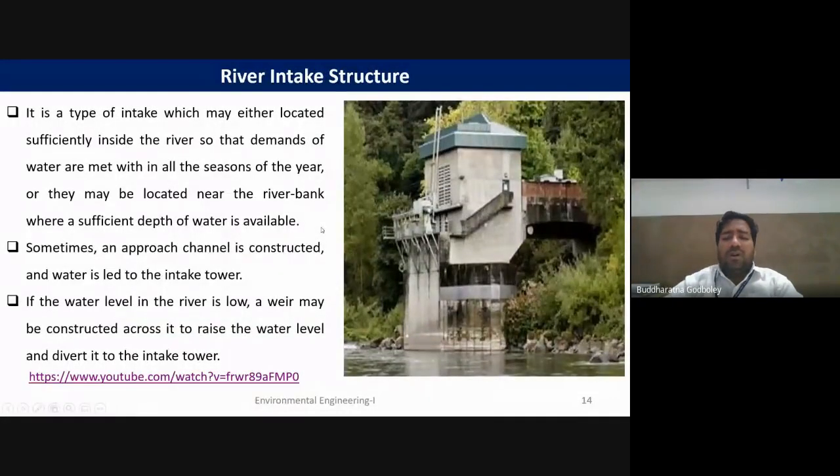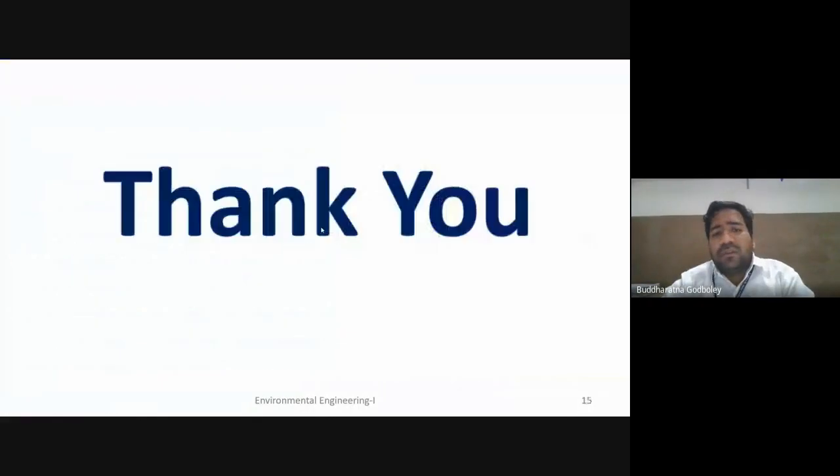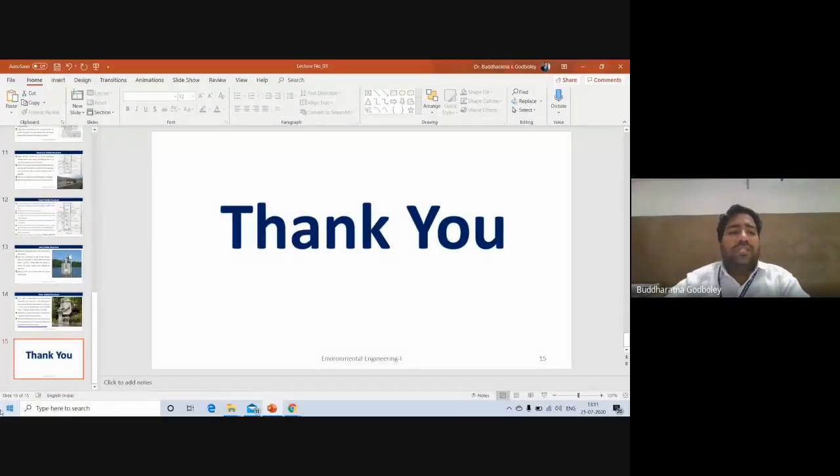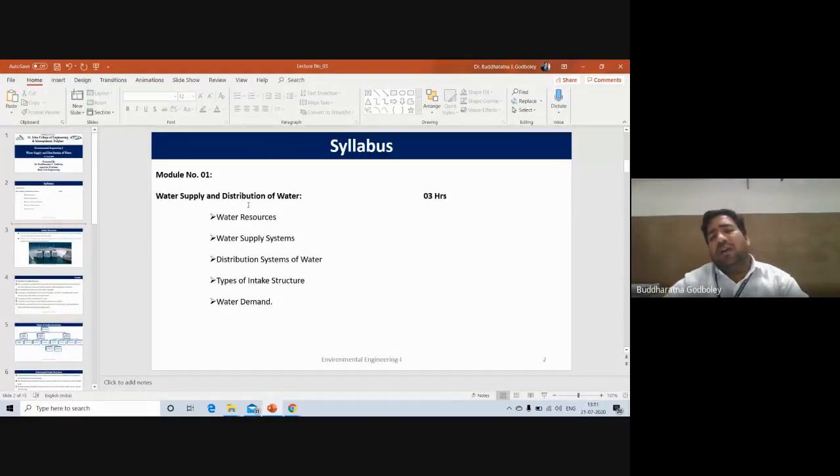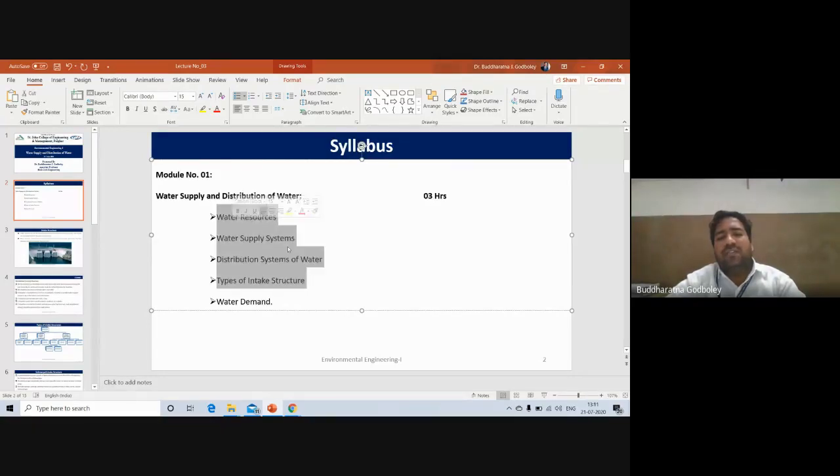So this is all about the intake structure, and all for today's lecture. If you see the syllabus, we have covered what the water resources are, the water supply system and distribution of water, and then the types of intake structure. Only one topic is left, that is water demand. In the next lecture, we'll cover this topic and wind up this module. It requires only 3 lectures, and we have already taken 3 lectures. Okay, in the next lecture